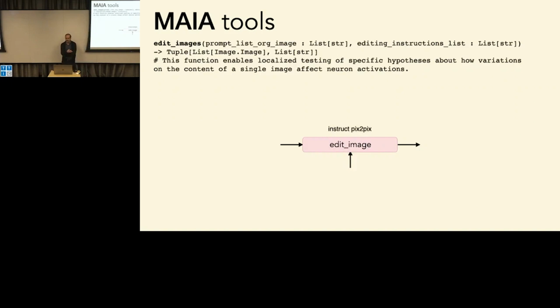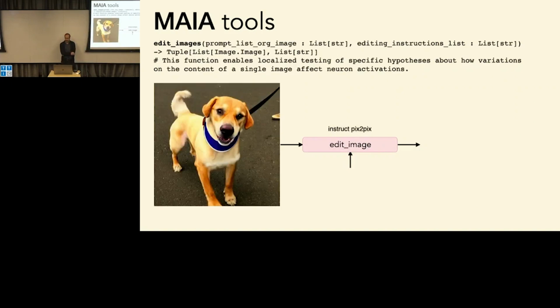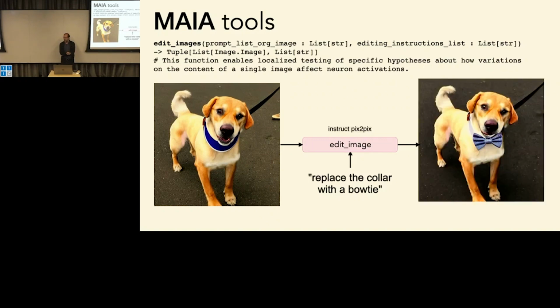And another tool will be, for instance, editing images, like InstructPix2Pix, where you take an input image and an instruction of what is the edit that you want to perform, and it outputs a new image, where the only thing that has changed, mostly, is just the thing that you ask the tool to do. In this case, to replace the collar with a bow tie. There are other changes, but most of the time, this is pretty controlled. It's a pretty localized change. And this also allows performing particular edits on the images that will be useful to perform some experiments, and I'll show some examples of how that's being used.